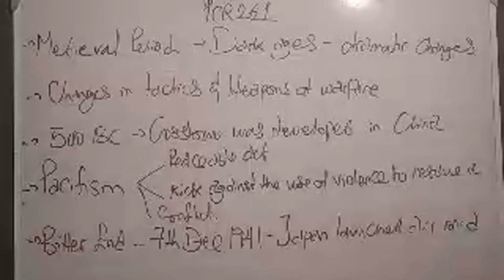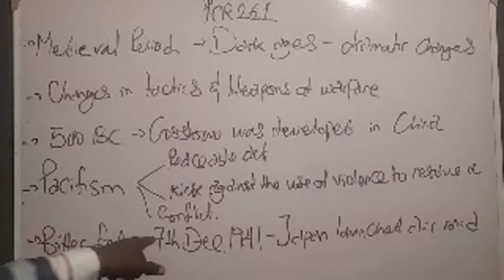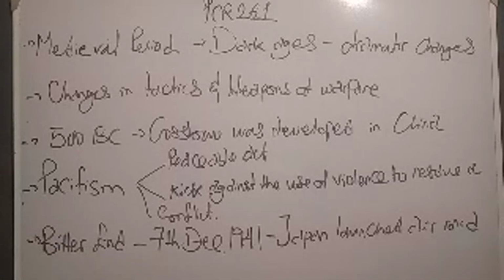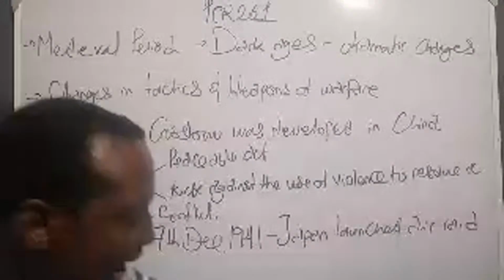By the same December 11th, Germany and Italy declared war against the US. This forced the US to fully participate in World War II. That means the US had been participating, but they had not accepted that they were participating. But with the air raid and the declaration,